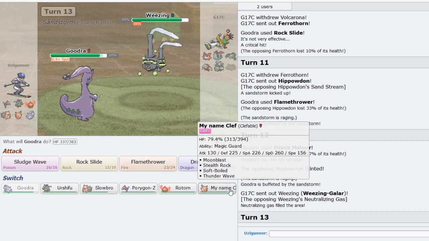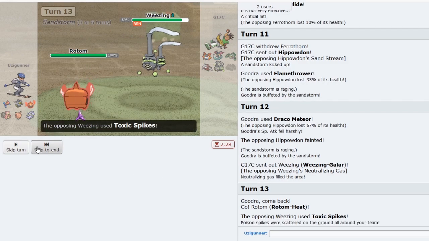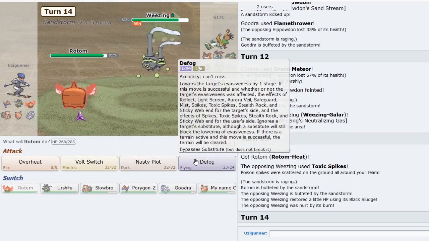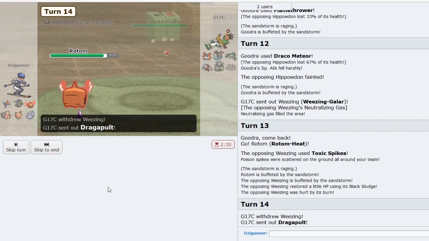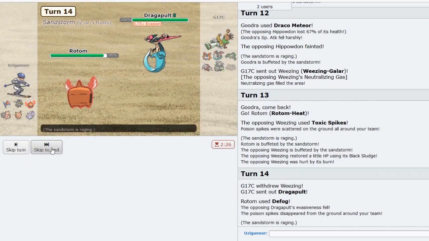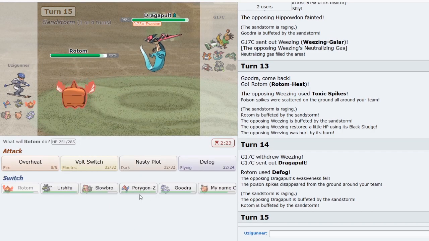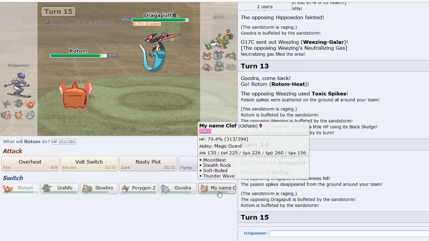Alright, sweet. So, this, in my eyes, is a very free switch into the Rotom Heat, so he can set up Toxic Spikes. That's honestly fine by me, because right now I'm just going to click Defog again. You can definitely go out in your Dragapult, that's also fine by me. But right now, what I think I want to do would have to be pretty much just...